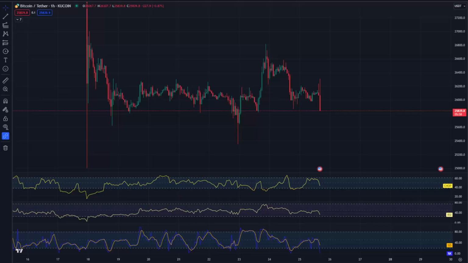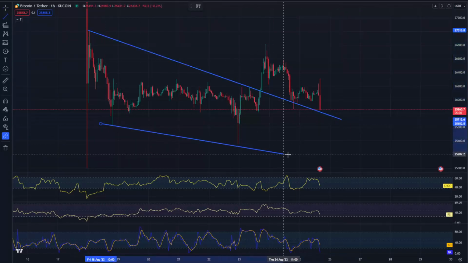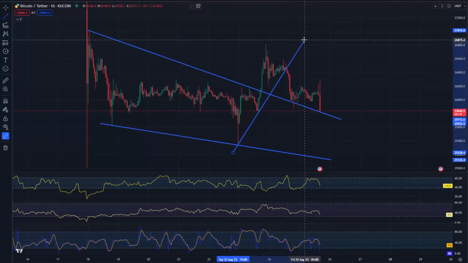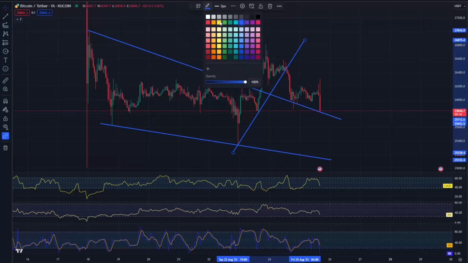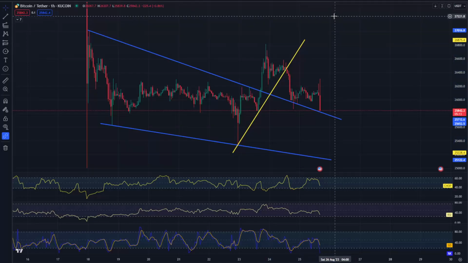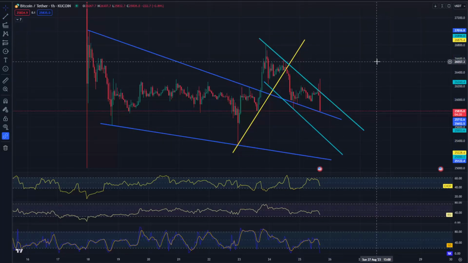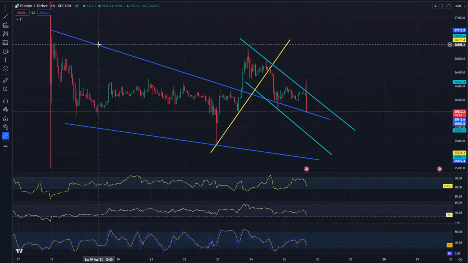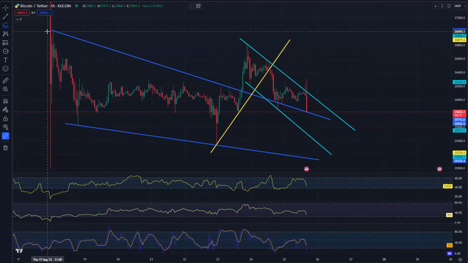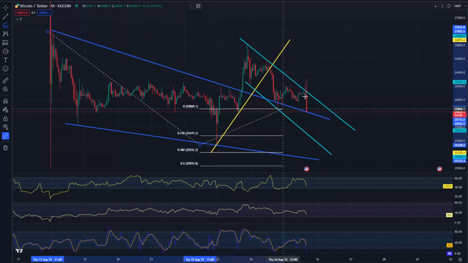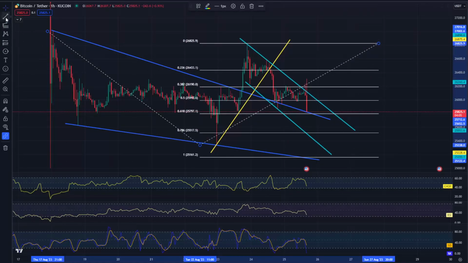Let's start by checking the current situation on the BTC to USDT pair, taking into account the time interval of 1 hour. First, we will use the blue lines to mark the downward channel from which the price went up at the uptrend line. But now we can mark the local channel in which the price dynamically went down. In order to determine price support, we will lay out the trend-based fib extension grid, and we see that price